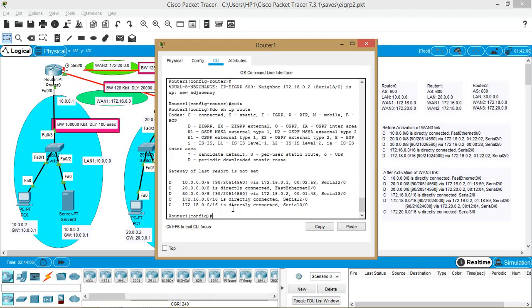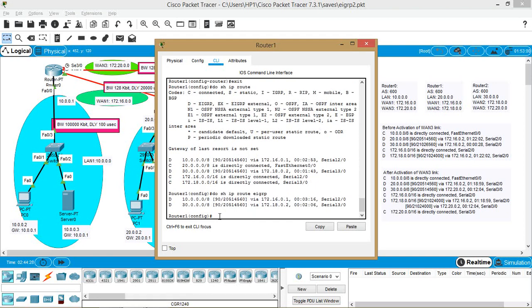You can see here the routing table has got entries for C and D. C is the directly connected network and D is the network learned through EIGRP. Now if you want to check the entries which are learned through EIGRP only, then you can append the word eigrp to the do show ip route command. So here you can see the routes learned through EIGRP only.